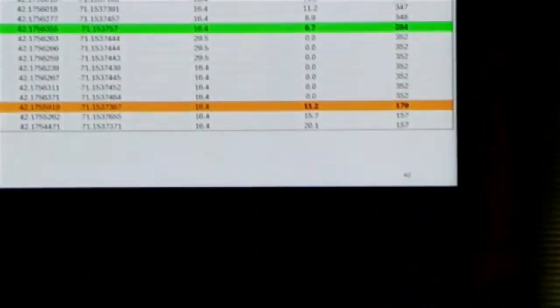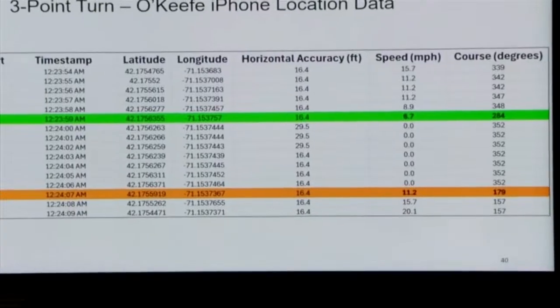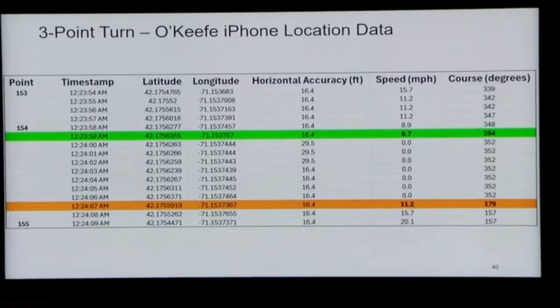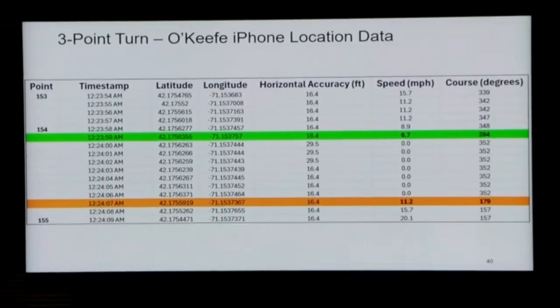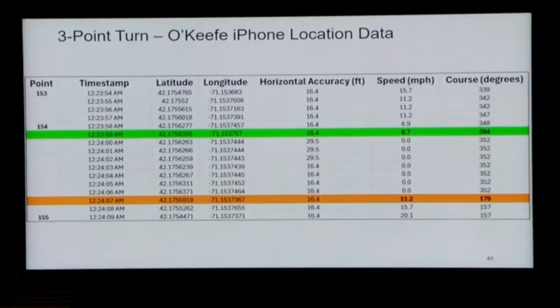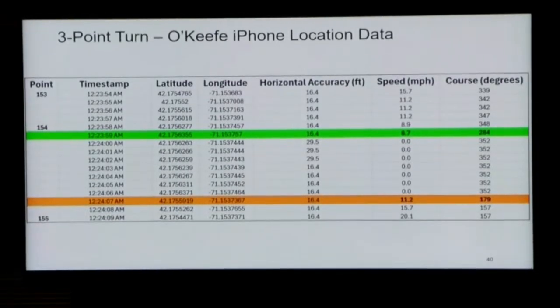If we could turn to page 40, please. I want you to explain to us how this chart works. What does a point mean? Sure. So when we were initially provided the location data, we were provided a partial data set of that location data. And within that Excel spreadsheet, it was identified as GPS points.